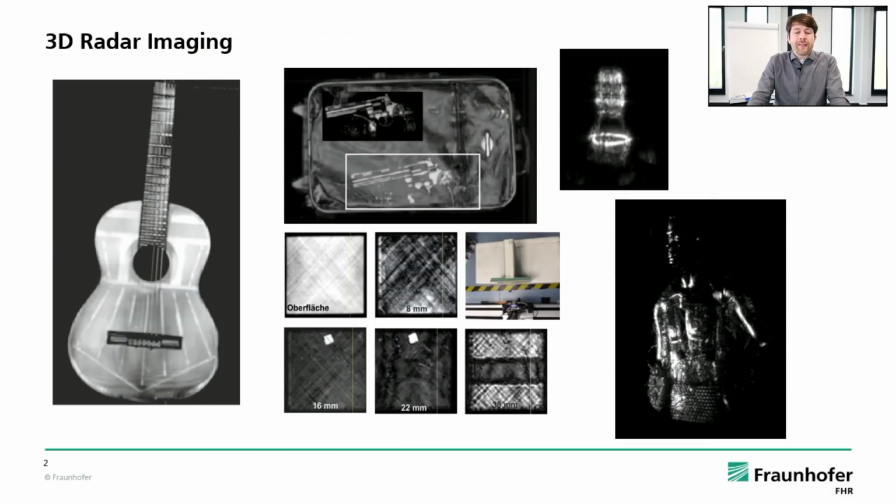But of course, as I said, at Fraunhofer we are starting with applications and nice images. Talking about imaging, what's the difference of a radar image compared to other images? If you look at the left, you see a guitar. It could be a photograph, just black and white, but it's not just a photograph. You cannot only see the guitar, you can see in the guitar, you can see the inner constructions, and you can see through things. And that of course opens applications like security scans, as you might know from the airport,